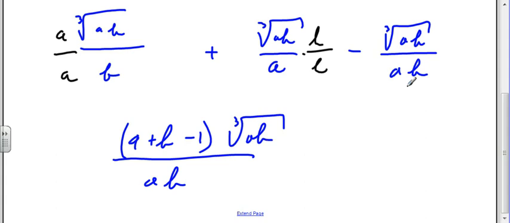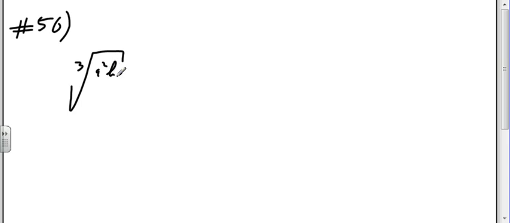All right, one more. And we need to pick one that we can't get done before the end of the hour, so we'll pick 56 because that's the last one we have. Okay, so I've got the cube root of A squared B over 3 squared. I'm going to want to rationalize that denominator, so I'm going to go cube root of 3 over cube root of 3. All right, and then I've got minus